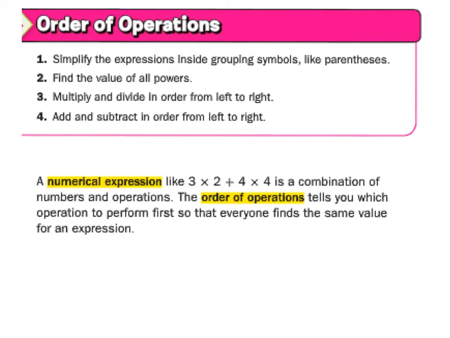The steps of order of operations are to simplify expressions inside any grouping symbols like parentheses or brackets. We're going to find the value of all the powers or exponents. We'll multiply and divide in order from left to right, and we're going to add or subtract in order from left to right. So in a numerical expression, that's like a number sentence,